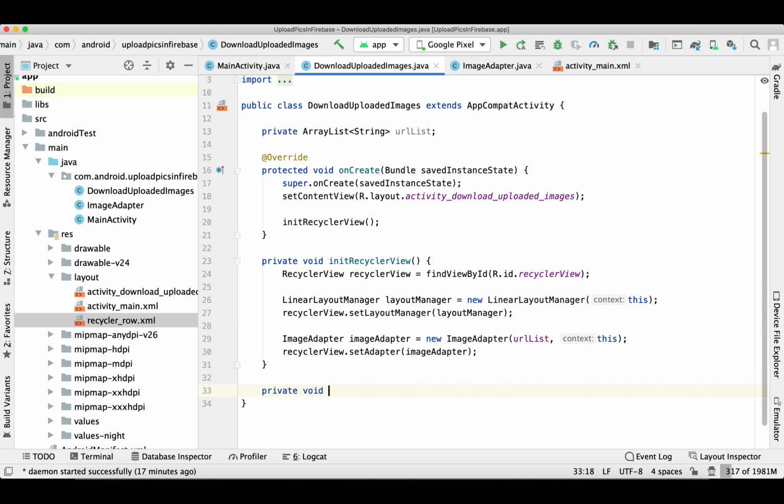And now here we are going to create a separate function to load the URLs from Firebase.